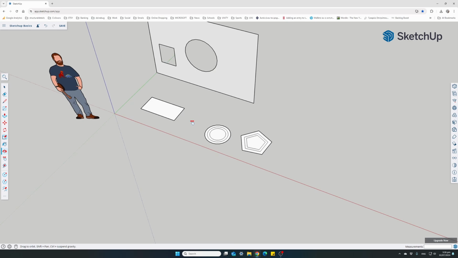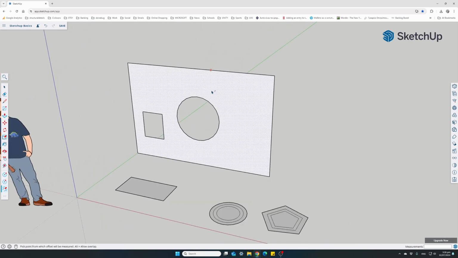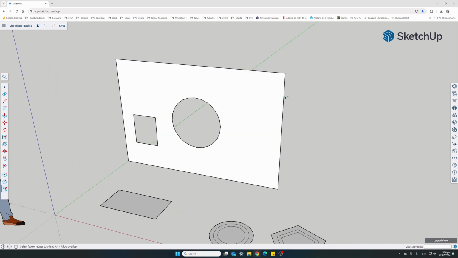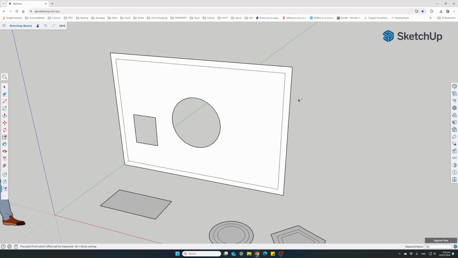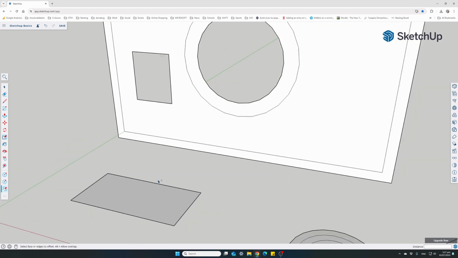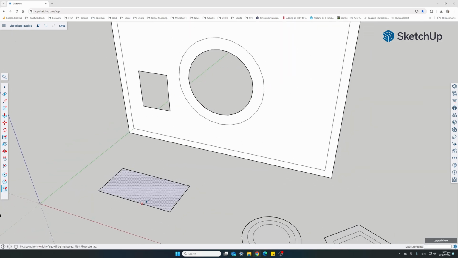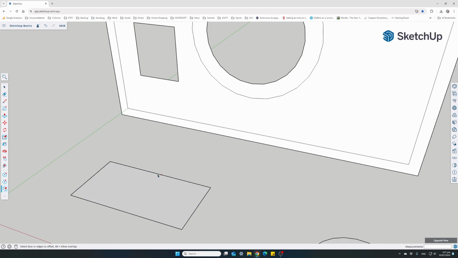The same can be done with our big rectangular surface. Select the surface and towards the outside, let's say 100 millimeters. Let's do this circle here again, 150. And our first rectangle, we can do an offset for this one as well